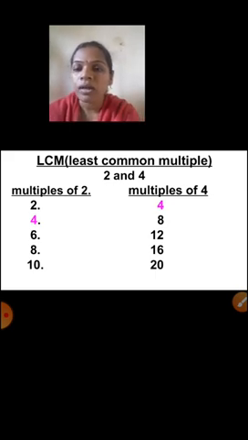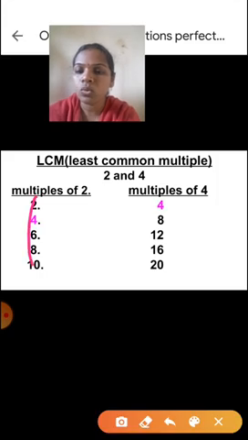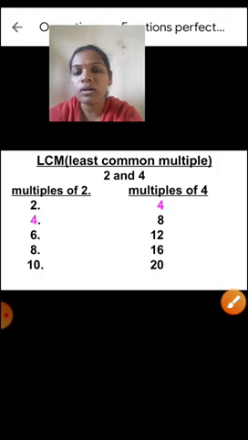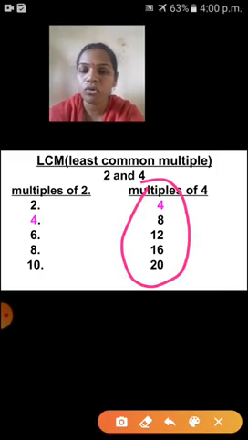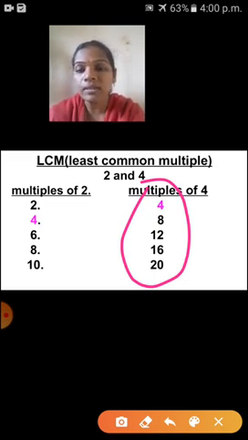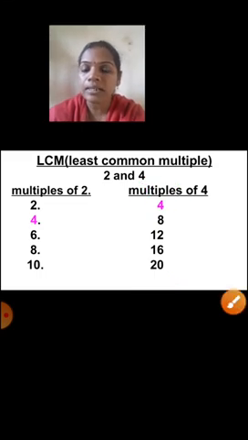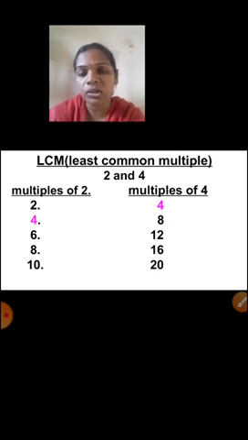Multiples of 2. I have written here multiples of 2, and here multiples of 4. 2, 4, 6, 8, and here 4, 8, 12. These are the multiples of 2 and 4. So which one is least common you have to find? 4, isn't it? So 4 is the LCM of 2 and 4. Like that you have to, children, it is not necessary to write. So you have to say the table, easily it will come to know which one is the LCM of 2 and 4. Understood, children?